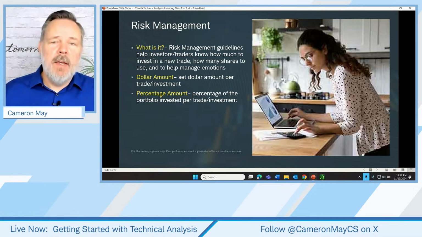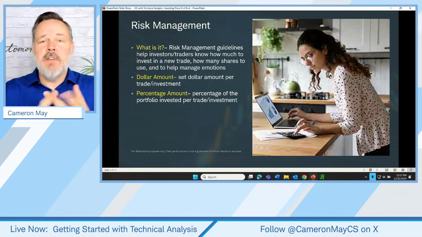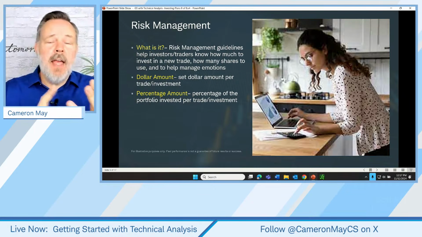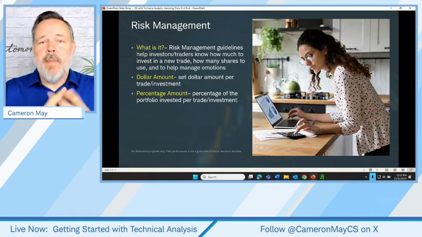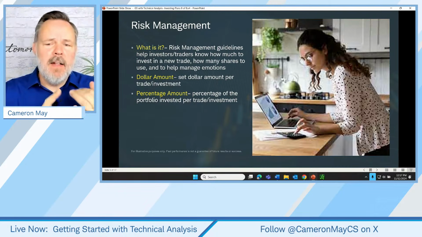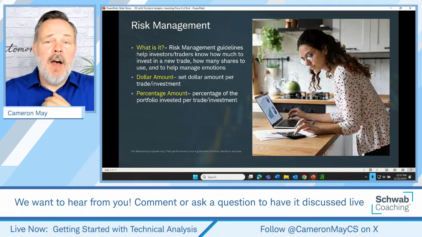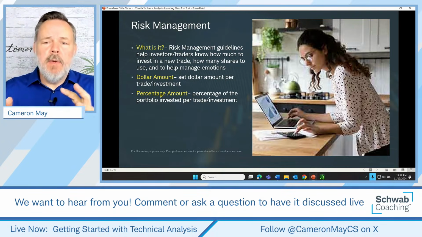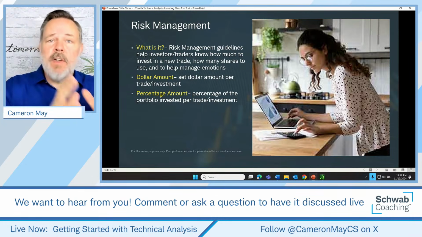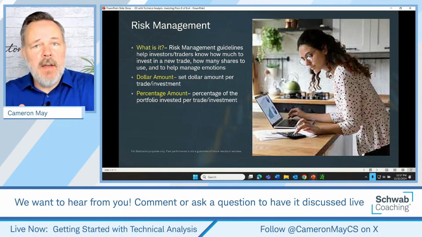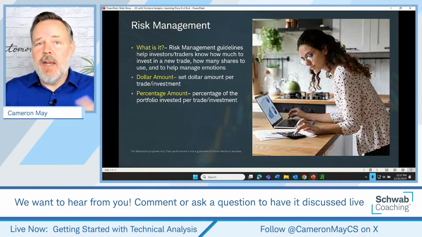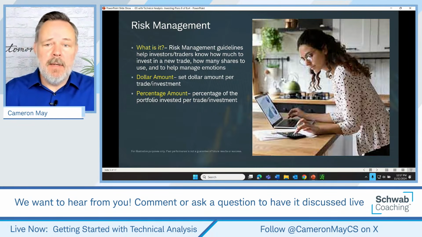Right, so we've talked about watch list criteria, entry rules, exit rules. That's what to buy, when to sell. Now, what about how many shares to buy? This is what we call the risk management part of the trade. And it really is vital, because if we're oversizing on one trade and undersizing on another trade, it can lead to trade mismanagement behaviors. So what is risk management?